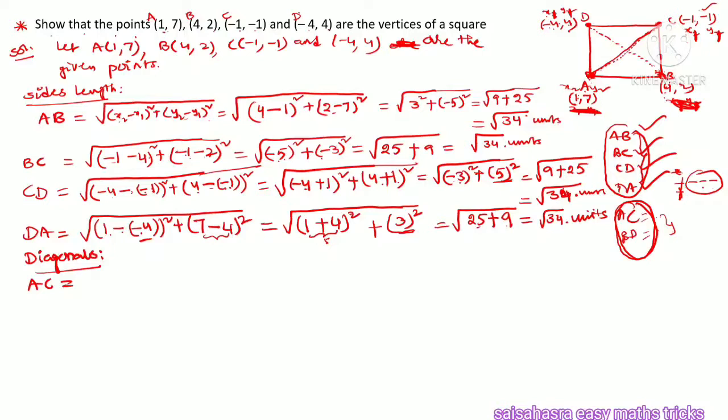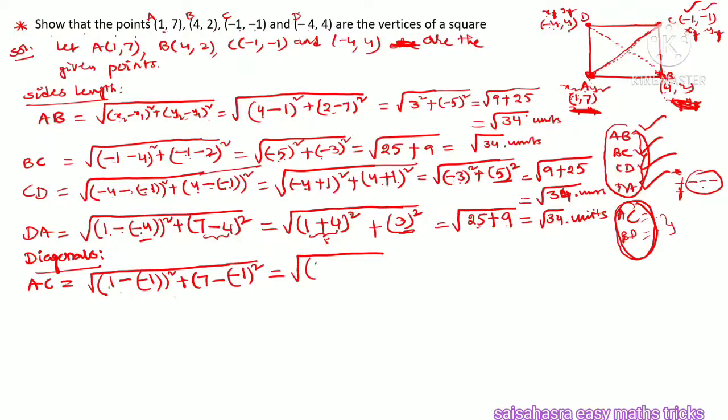Anyway, here ready-made x2 y2 and x1 y1 is there. Let me write that only. x2 minus x1, x2 is 1 minus x1 is minus 1, square, y2 is 7 minus y1 is minus 1, whole square is equal to